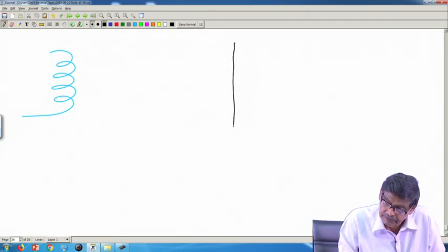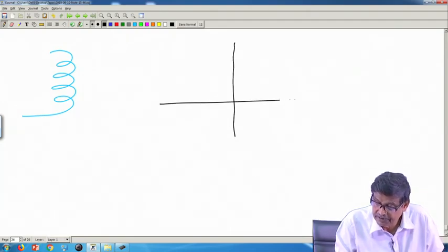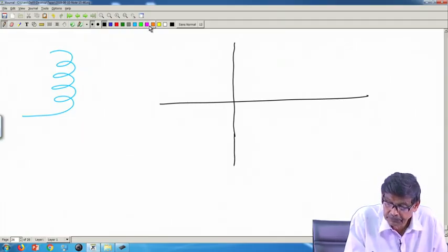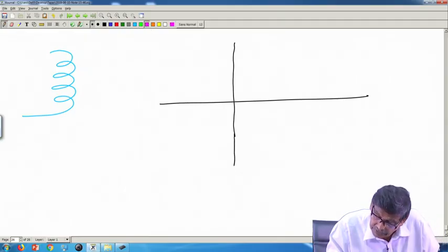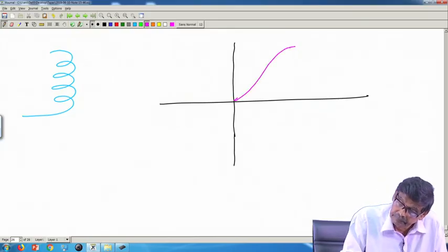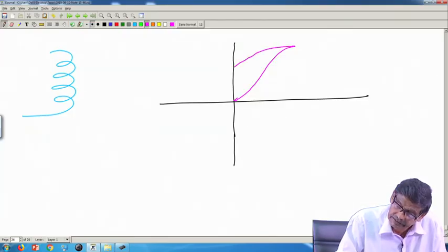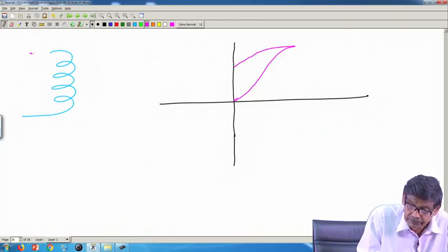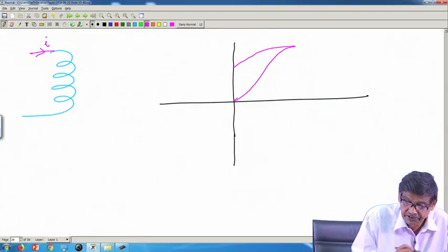So, this was the BH curve, which I will draw with this color. And while tracing back here, it will be like this. So, this is my positive direction of I,